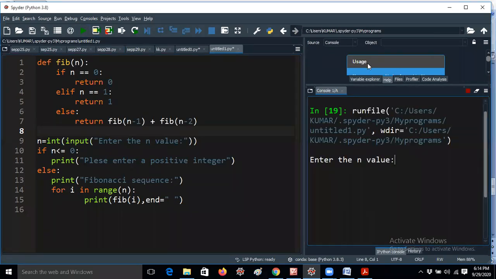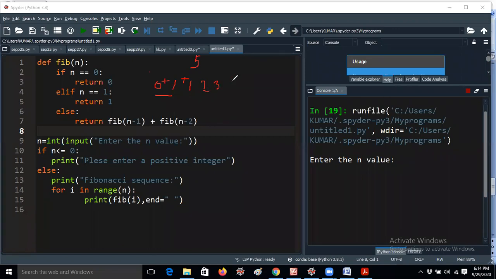You know that, for example, if I'm asking for the Fibonacci series, I already explained the Fibonacci series with respect to a while loop in important example programs. If I'm giving the Fibonacci series n value as 5, I will get the series up to 5 numbers. What is a Fibonacci number? Every Fibonacci series starts from 0 and 1. After that, you need to add the two preceding numbers. That means 0 plus 1 is 1. If you want the third number, you have to add the 2 digits before it. That means 1 plus 1 is 2, 2 plus 1 is 3. This is the way you have to think.